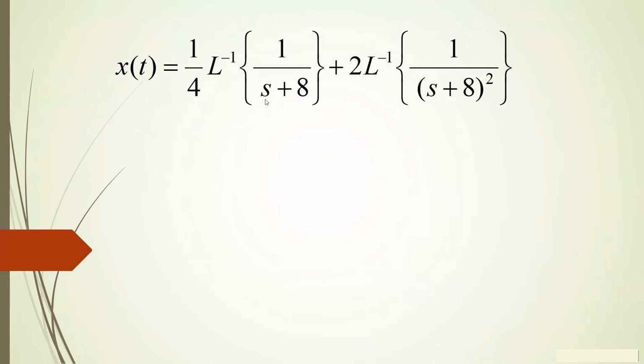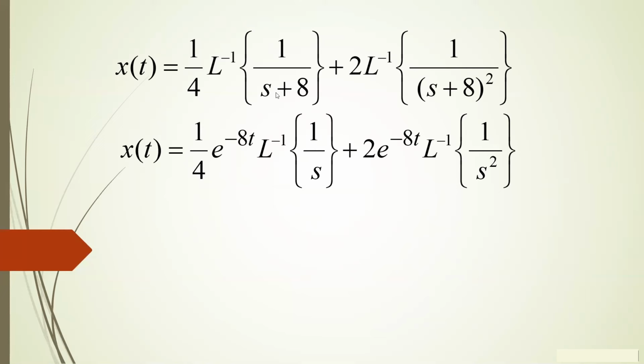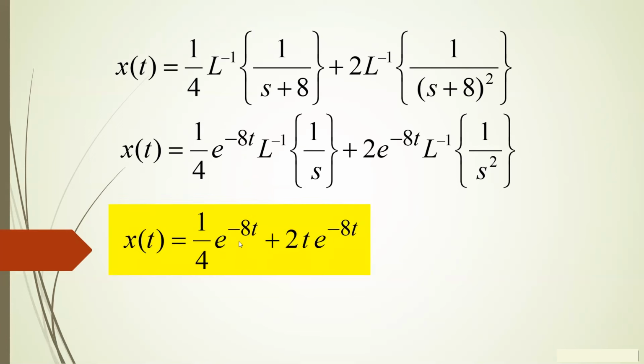Go ahead, what's the inverse Laplace of this, guys? What's the inverse Laplace of the first term? 1/4 e raised to negative 8t, sir. Very good. e raised to negative 8t. Then it's just 1 over s. Di ba? Right. The Laplace of that. The other one, because it is squared, because of the plus 8, e raised to negative 8t. But because it is squared, there is a t. Right? Alright, so this one is the equation of motion.